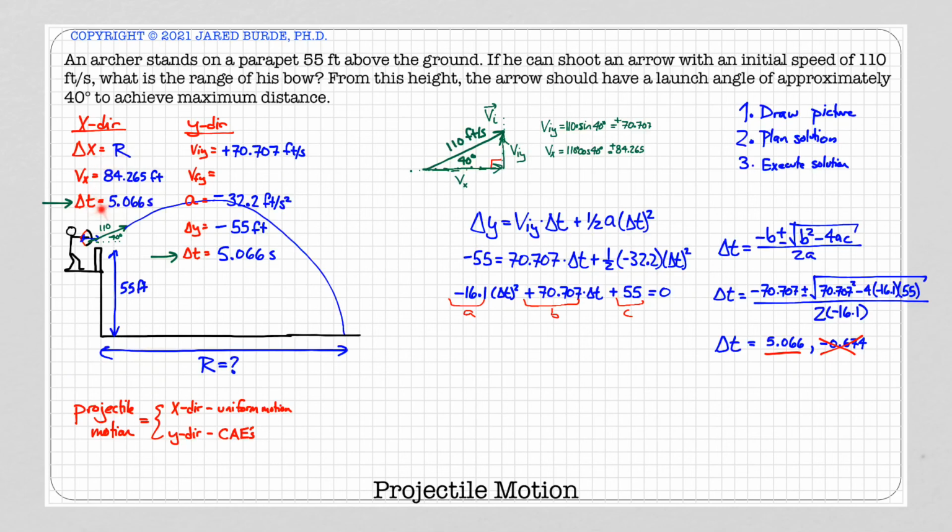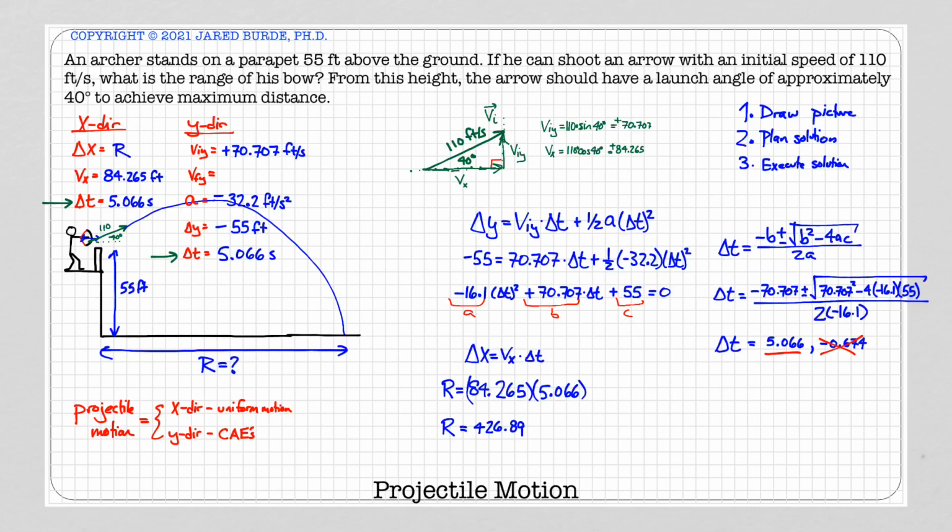Now I know two values in the X direction. I can use the third one to find my displacement in the X direction. So now I'll use the equation in the X direction. In the X direction, I have uniform motion, and there's only one equation for uniform motion. I start by writing out the equation. Now I'm going to plug in the values. So I can solve for R here. R was our displacement in the X direction. I get